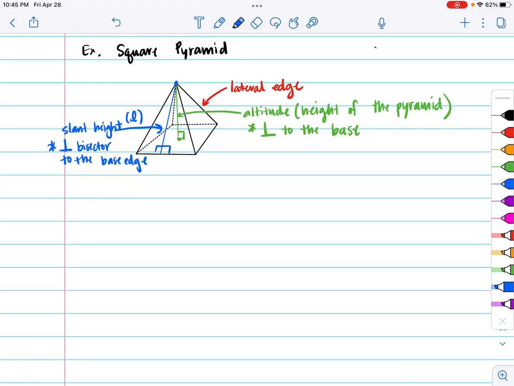Now to the actual equations and solving for the lateral area. Lateral area is actually pretty easy, pretty straightforward. So let's call this the lateral area, LA, of a pyramid. And that is equal to 1/2 the perimeter of the base